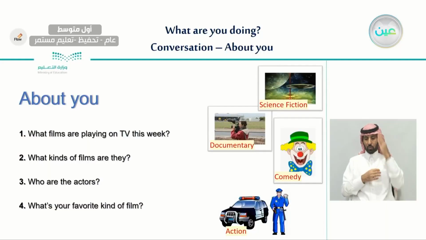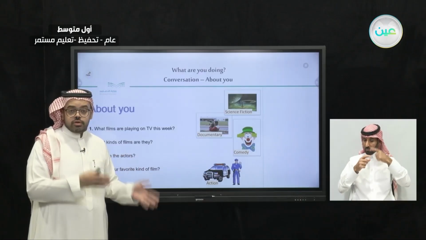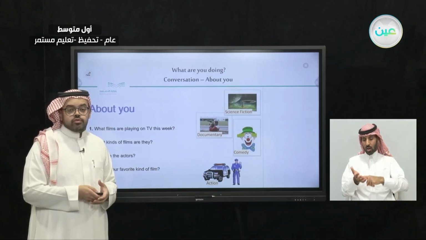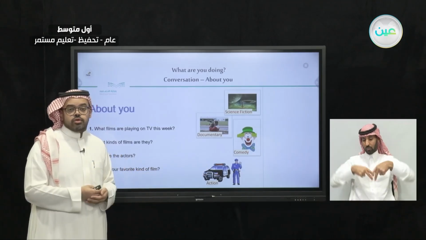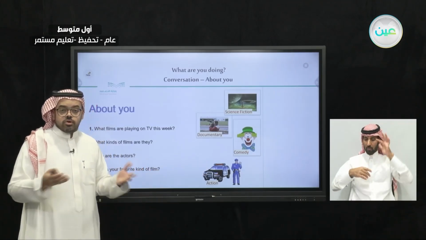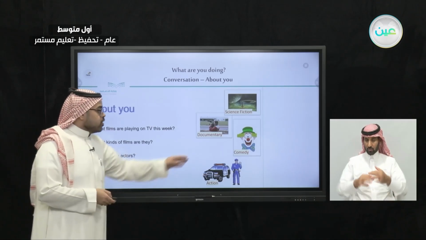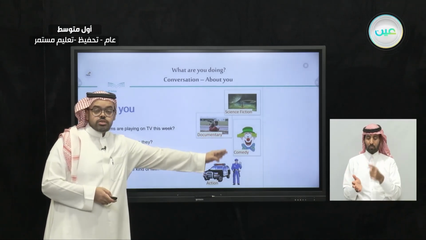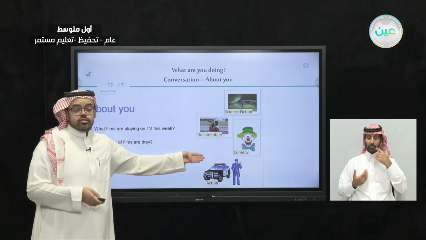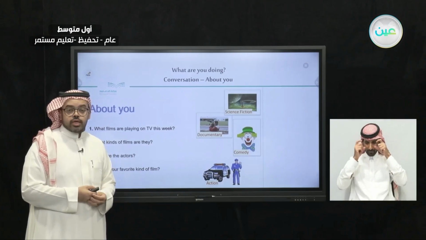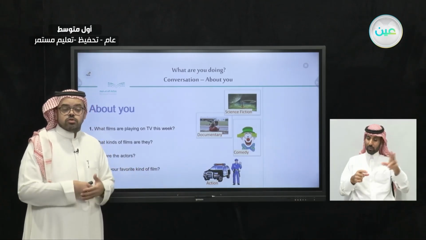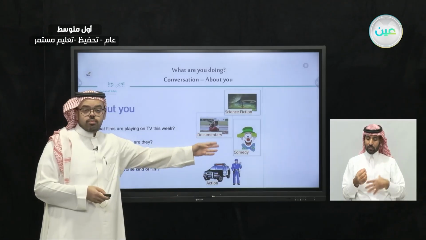And also here we have a documentary movie. A documentary movie is the type of movie where they film things in reality. For example, they go to the forest and film the animals or the river or anything that is mostly related to nature. And also we have the other type, which is the comedy movie, and usually kids like this type of movies. They either bring clowns or maybe bring photos, different photos, different colors, just to make people laugh.